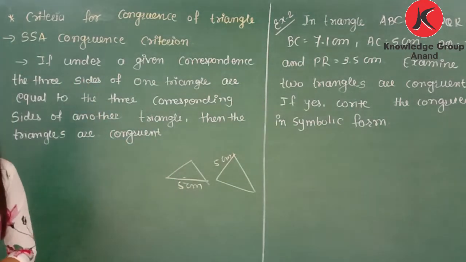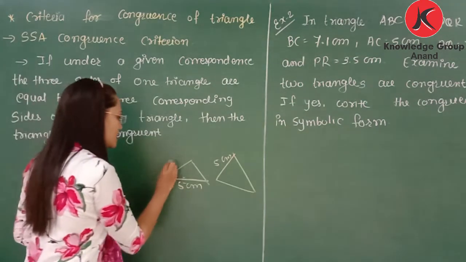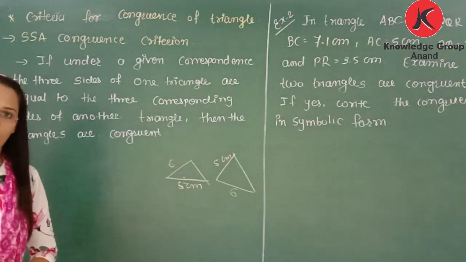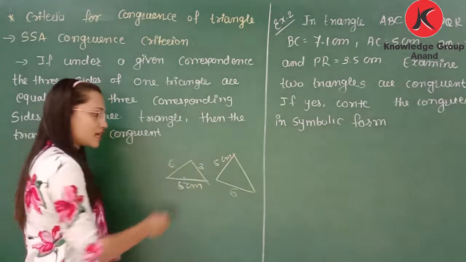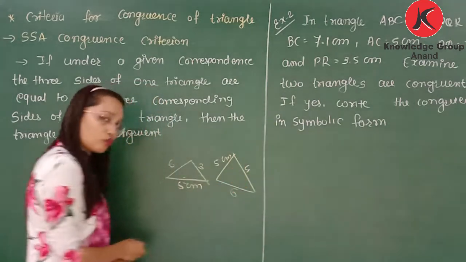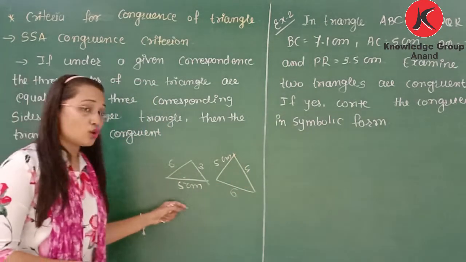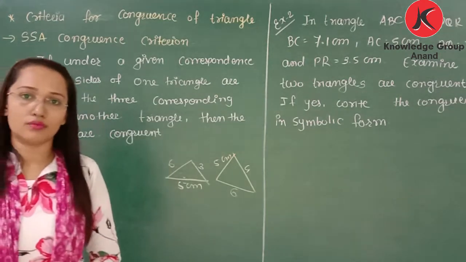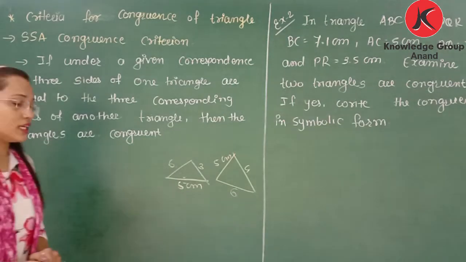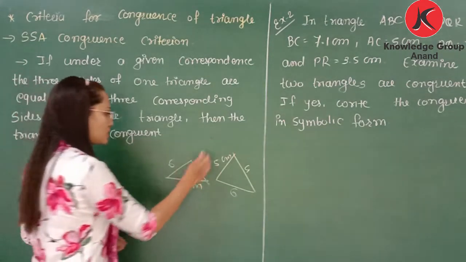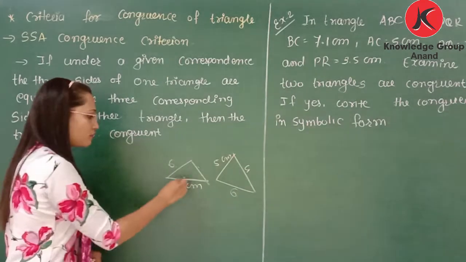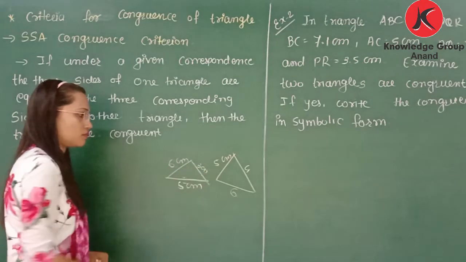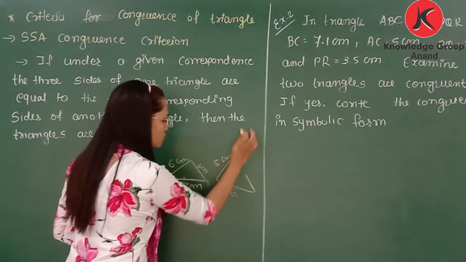Now if I give you two sides, for example this side is 6 cm and this is also 6 cm, is it possible to draw the same triangle? No, it is possible that this side is 3 for this triangle and 4 for this triangle. So if two sides are given, it is also not possible to draw the same triangles. But if I give you three sides, that is, draw a triangle with one side 5 cm, second side 6 cm and third side 3 cm, here this side will also be 3 cm.